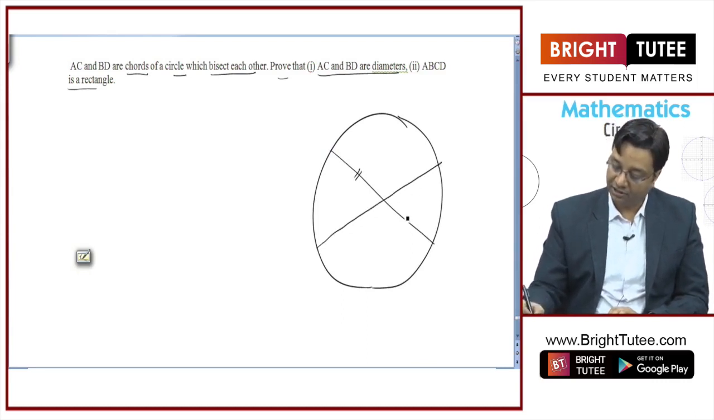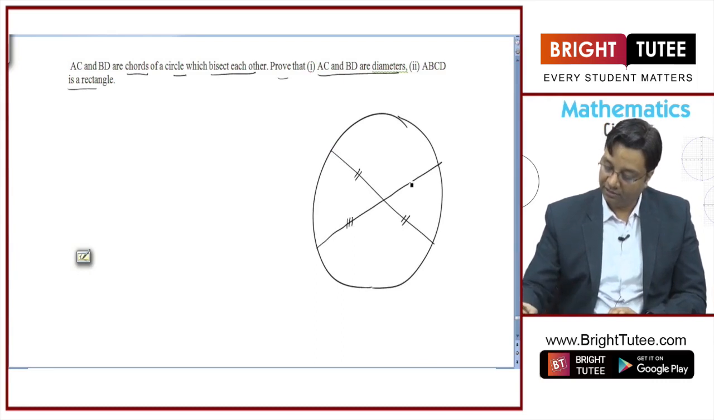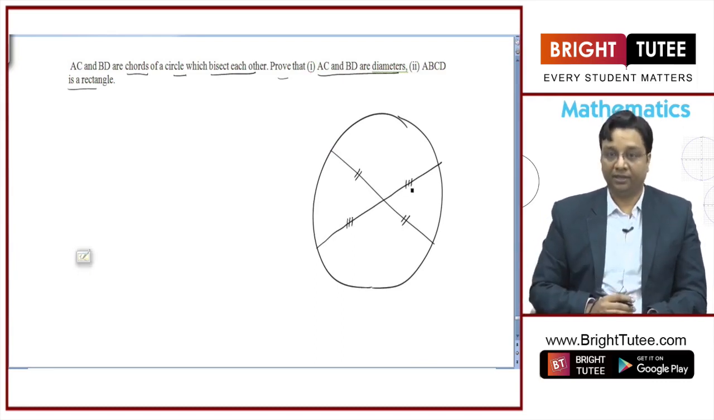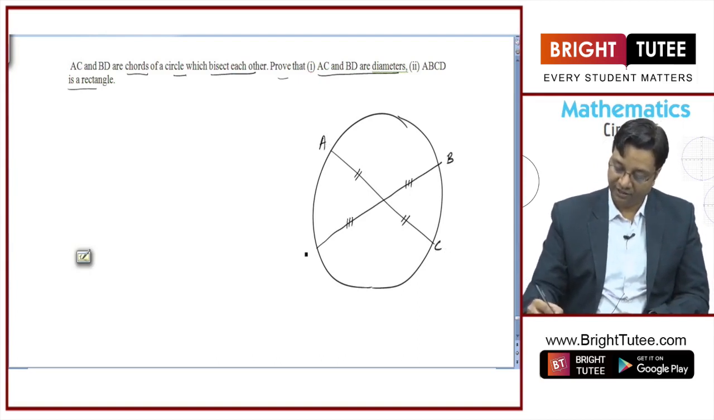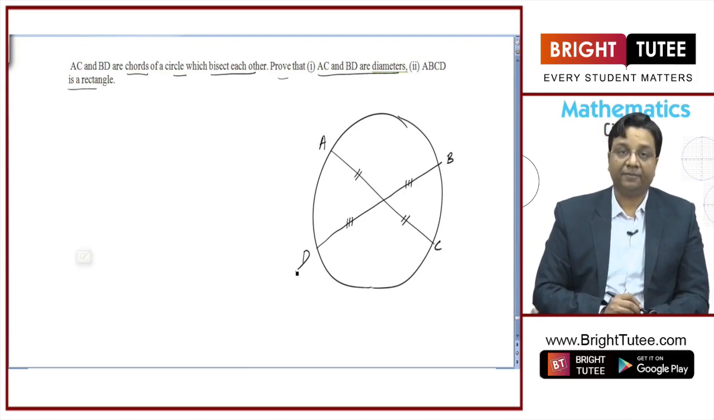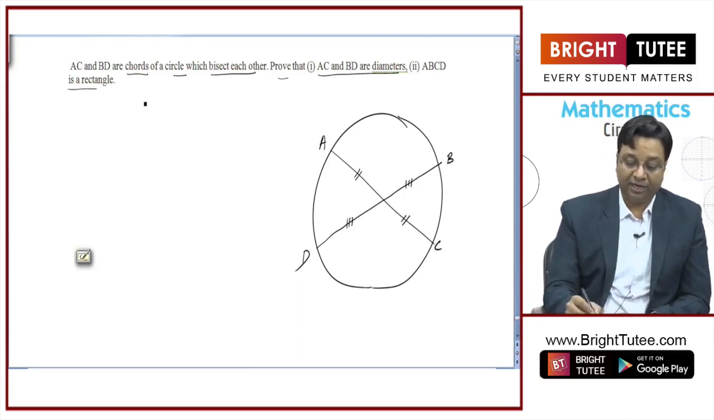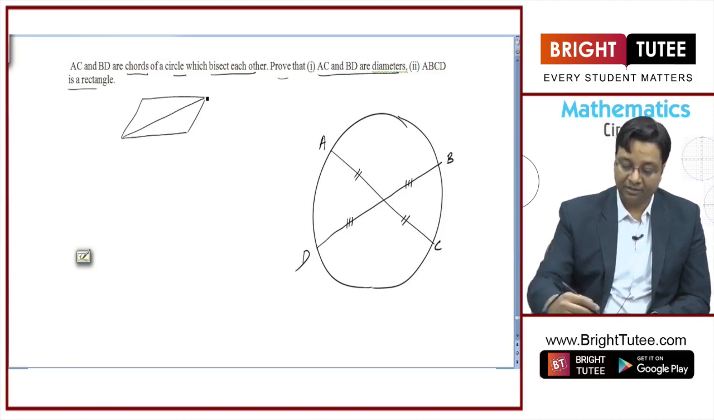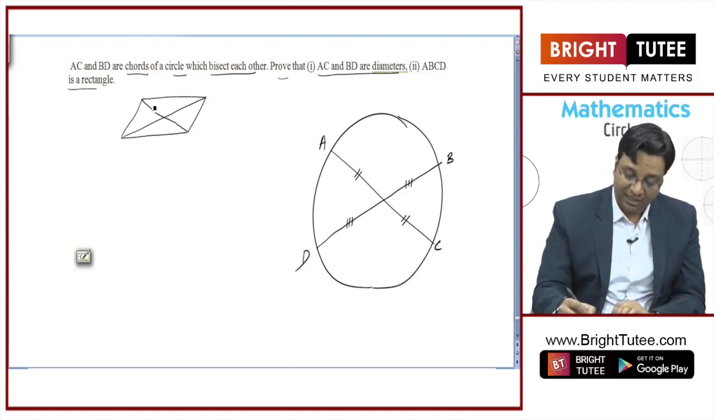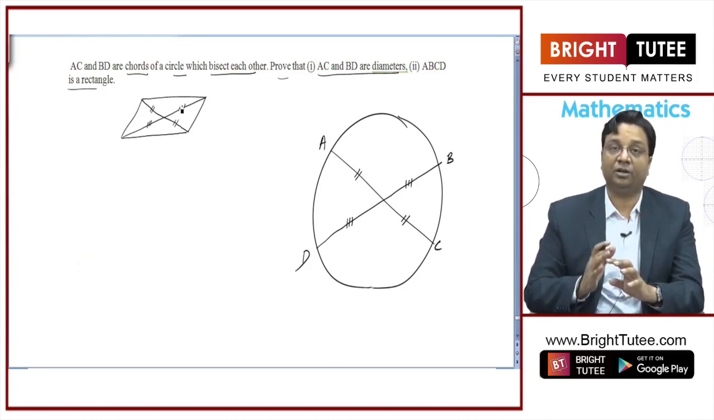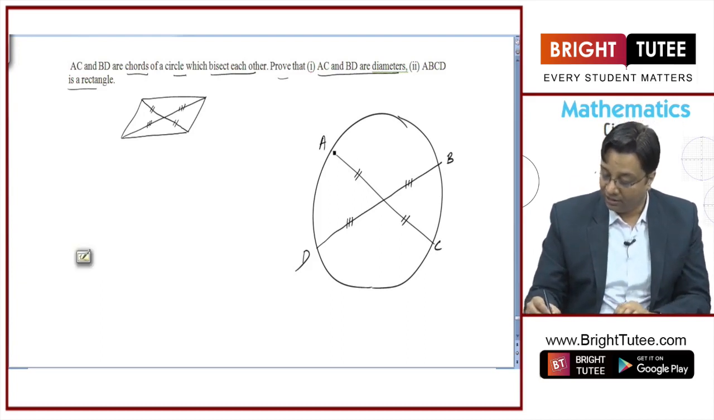That means this portion is equal to this portion and this segment is equal to this segment. If this is, let us say, AC, this is BD. Let me remind you one thing about parallelograms. In a parallelogram, the diagonals bisect each other. So whenever I see two lines bisecting each other, it gets to me that there may be a parallelogram somewhere. So if I join AB,